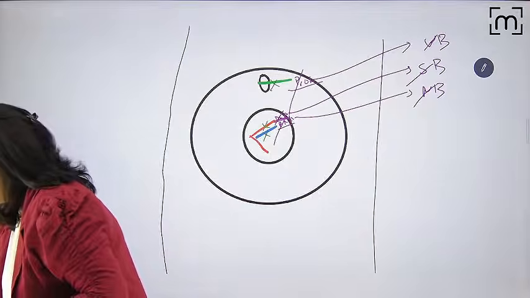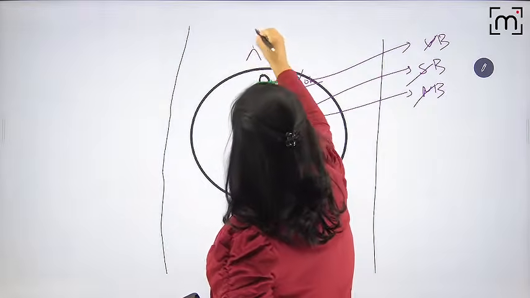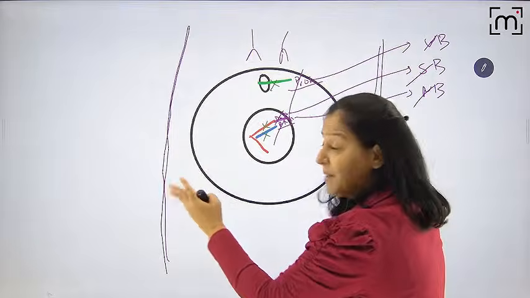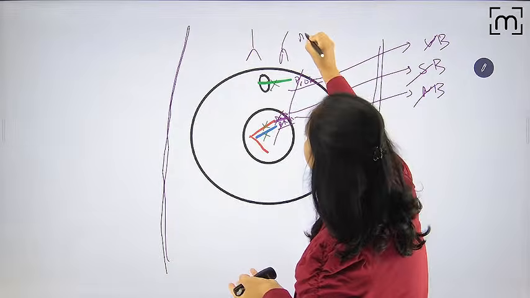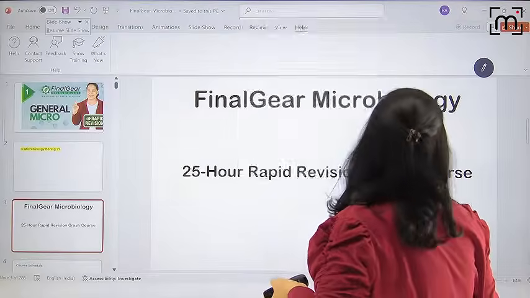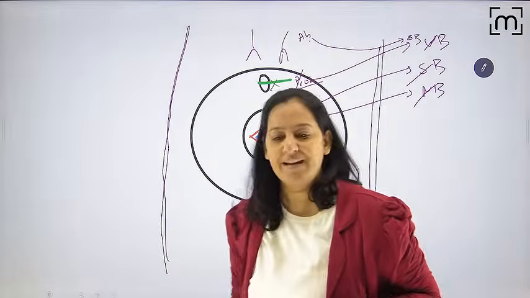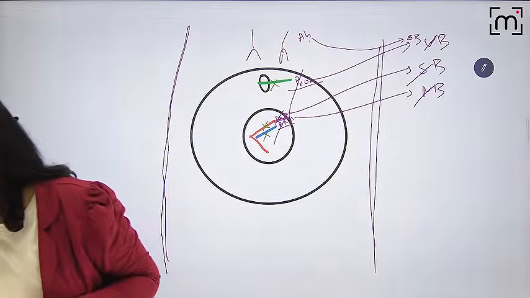Now my patient will form antibodies against it. These are the antibodies present in the blood vessel. This is the blood vessel. In the blood vessel, my patient is forming antibodies. If I am testing the antibodies, it is known as eastern blot. So you can learn eastern blot also, in which we test the antibodies.